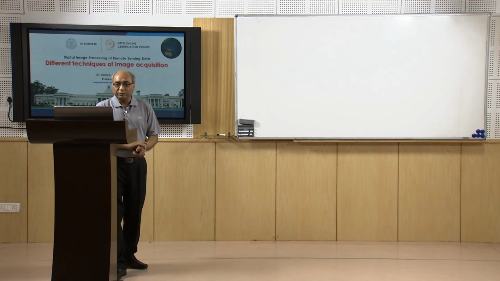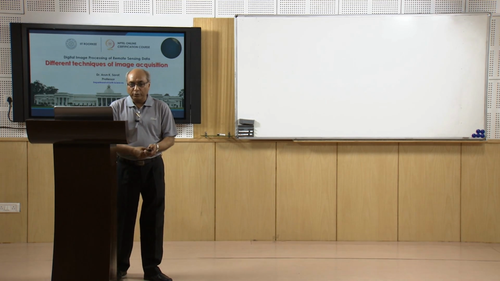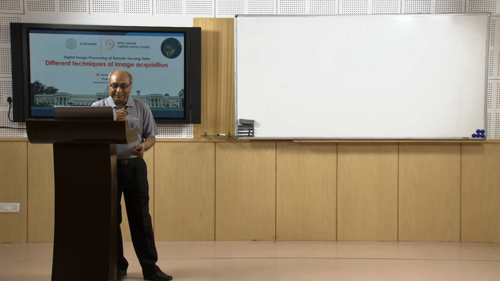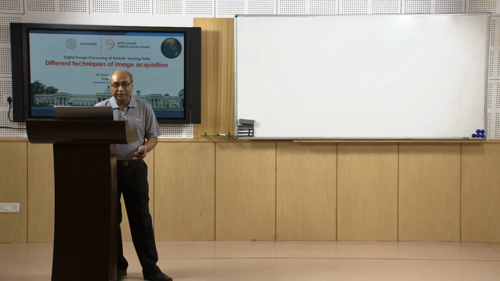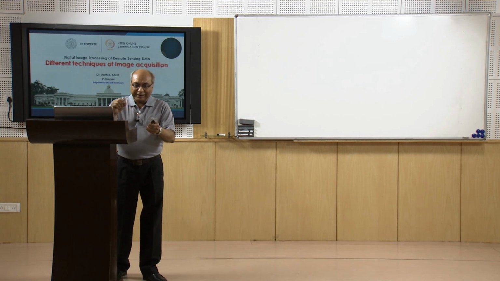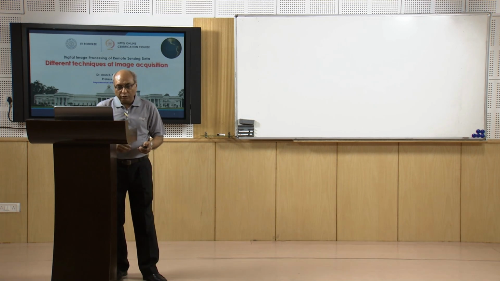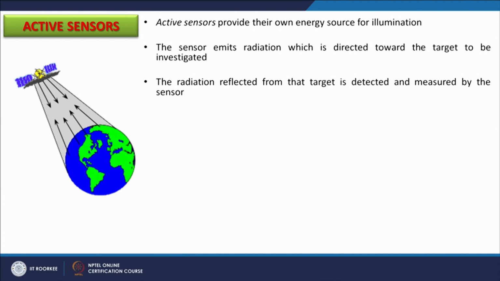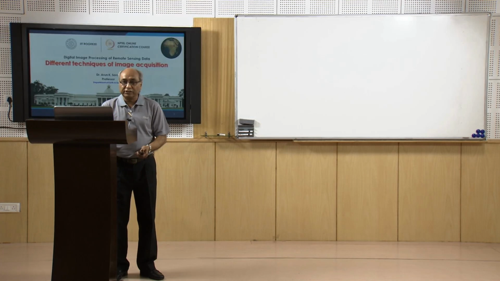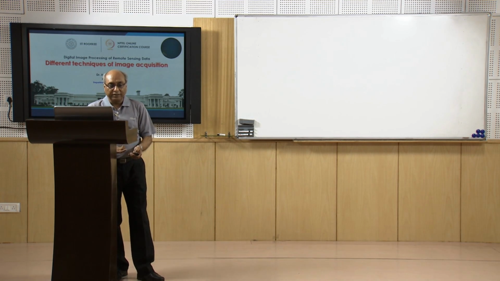Now, active sensors provide their own energy source of illumination. As I have already mentioned, the sensor itself has to send energy in the form of pulses, and when it moves it collects it later on. That is what we call backscatter. So the sensor emits radiation which is directed towards the target to be investigated, and the radiation reflected from that target is detected and measured by the sensor. There might be some attenuation, some changes in that energy, but nonetheless it can be recorded by the same sensor